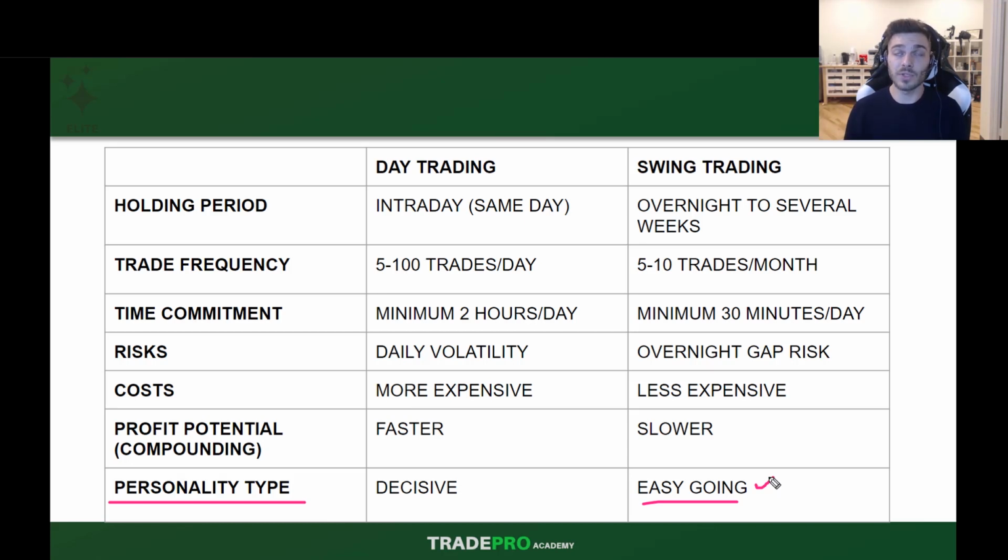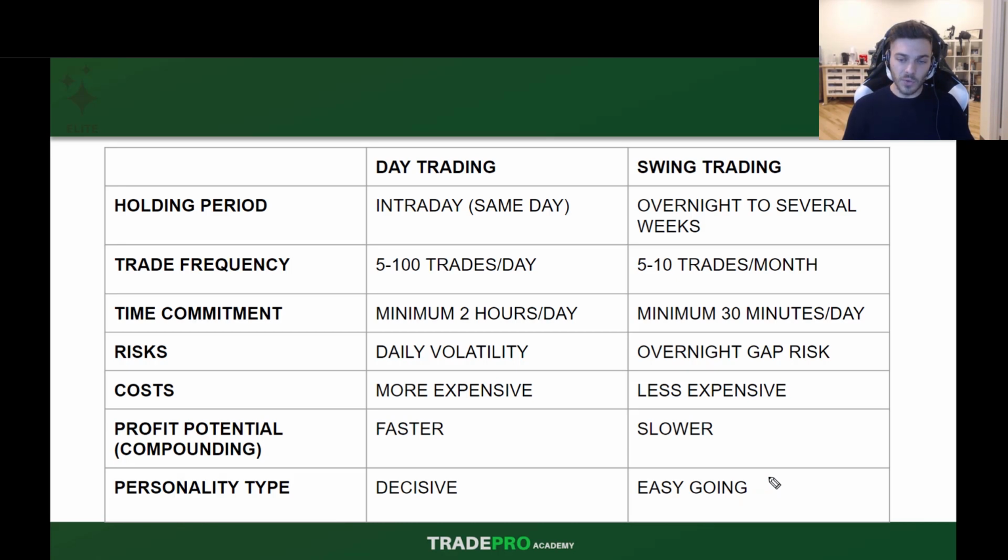If you take a loss on a swing trade, you've got time to look for other opportunities to set those trades. Whereas as a day trader, if you take that loss right away, you've got to be able to say, all right, is my bias still valid? If not, I've got to flip my bias. I've got to start looking for longs instead of shorts, etc. So the day trading personality is a lot more aggressive, if you will, than a swing trading personality. Depending on what type of personality you are, as we just mentioned, you'll either fit into the day trader or into the swing trader